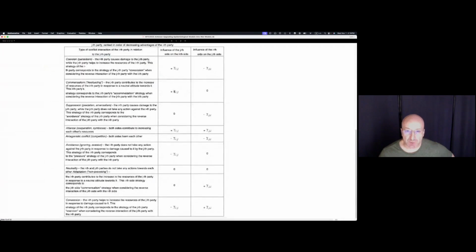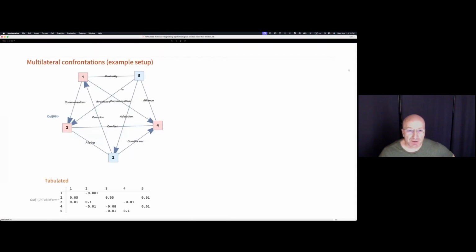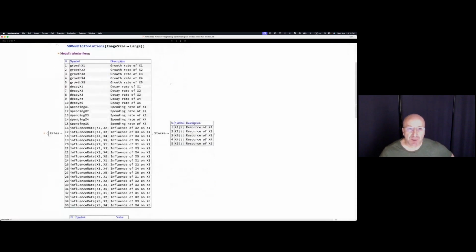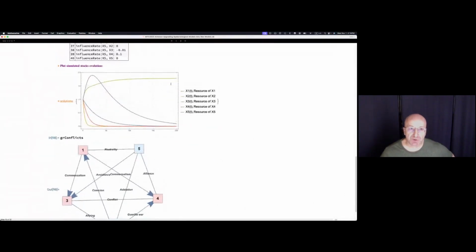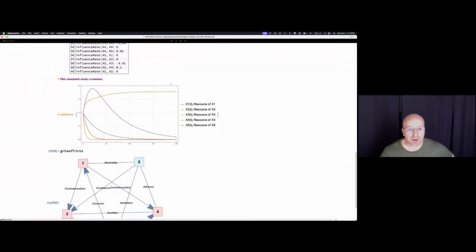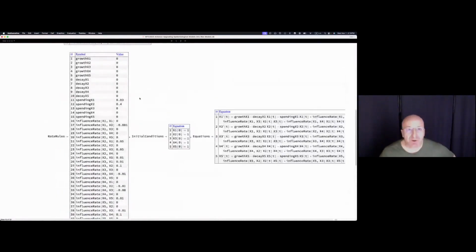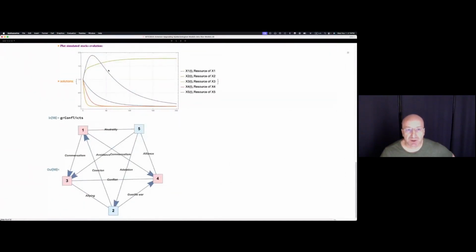So this here, right? These terms, this combination of positive and negative terms, actually reflect this type of interaction between the states. There's a parasitic relationship, there's a symbiotic relationship, there's the so-called commensalism, which means that one of the sides benefits, but the other side neither benefits nor has its resources diminished. Again, this shows how the whole model can be put into this system dynamics modeling monad, function,